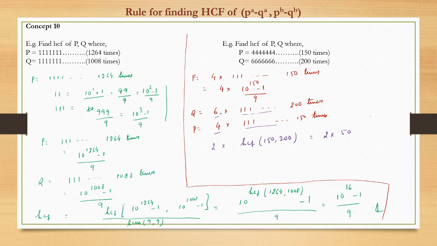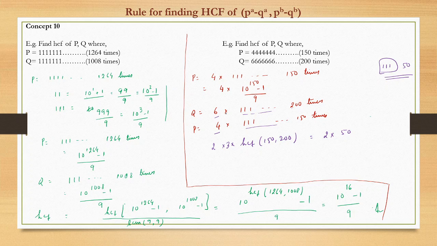I mean, this is 2 into 3 and this is 2 into 2. So let us check whether there is a factor of 3 in this term, 1111 something. So yes, 3 times 1 is divisible by 3, right? So here it is 50 times. So this pattern is repeating 50 times. So this number will be 1 written 150 times, so it will be divisible by 3. So there will be another factor of 3 also, which is common to both.